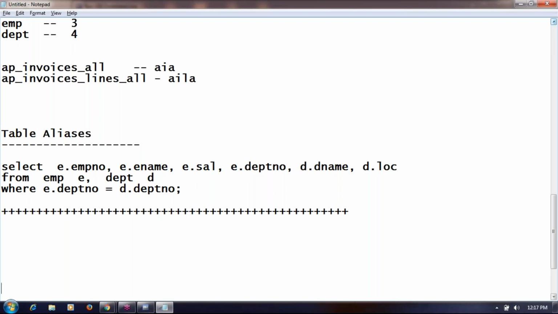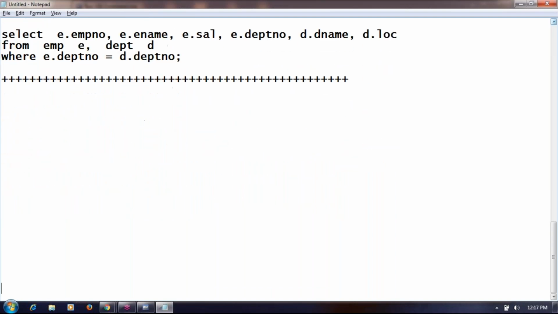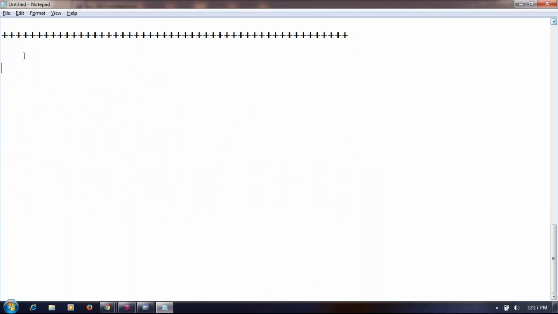Consider 3 tables. The second table is the department table, which we are already familiar with, and the areas table.